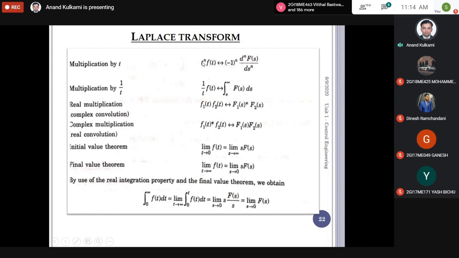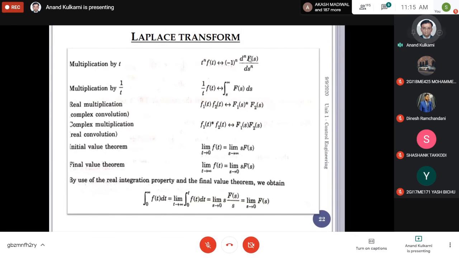If it is t square into f of t, minus of minus becomes plus, so it becomes plus d square f of s by ds square. This way it becomes. Then multiplication by 1 upon t becomes integration. The t to the power n, if the t is in the numerator,